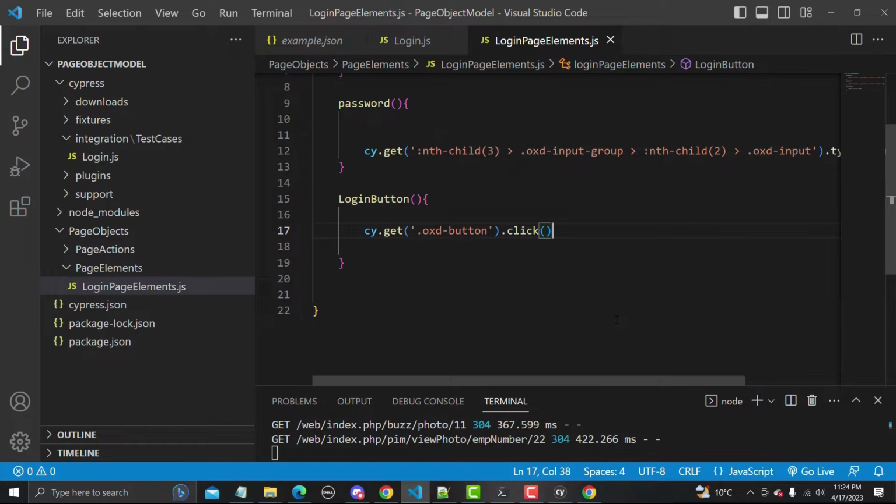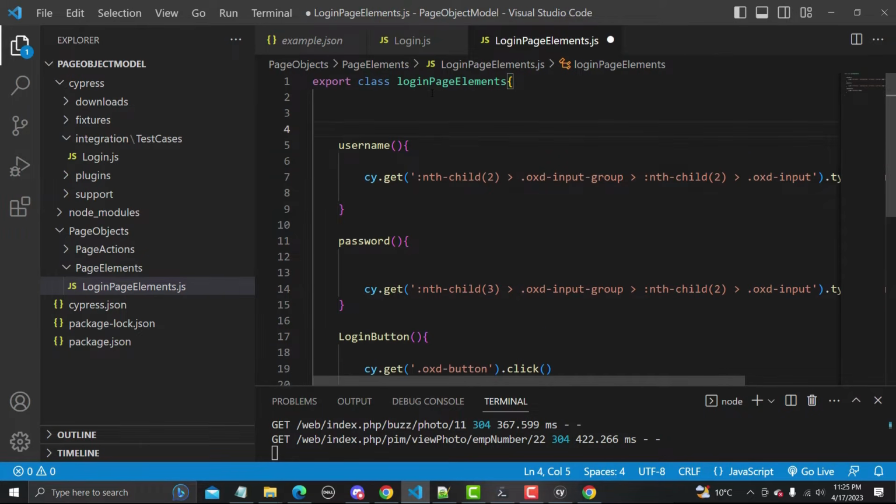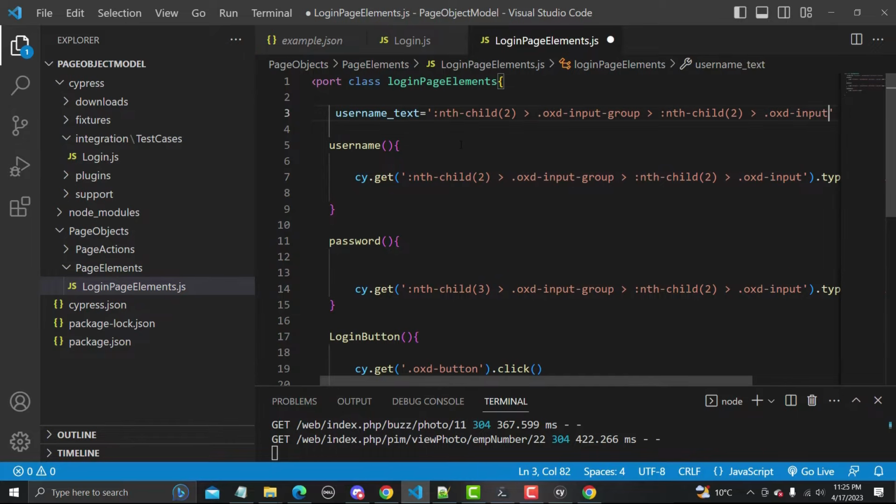We don't want hard-coded values here. What we will do is that we will simply create our global variables here in the class and use those variables in these methods. So we have a username. So it's a name, variable name, text equals to. So instead of providing it here, I will copy it from here, and it's a global variable.